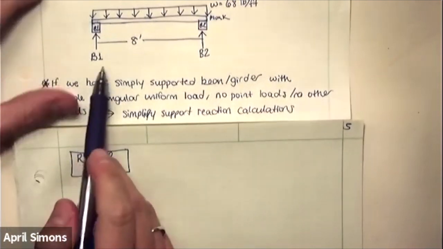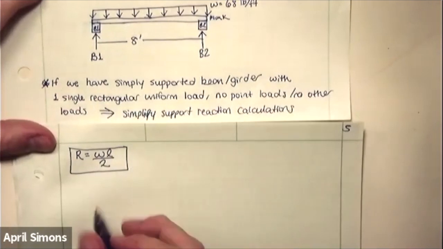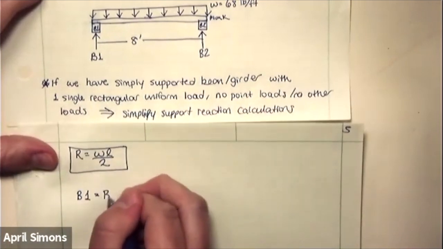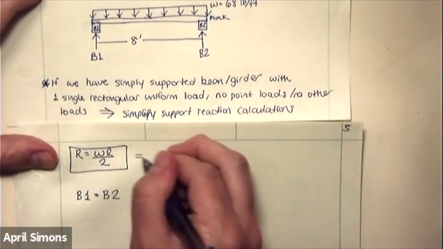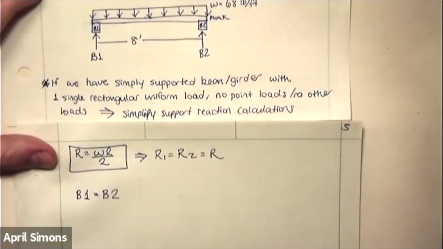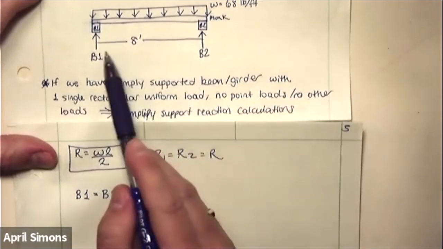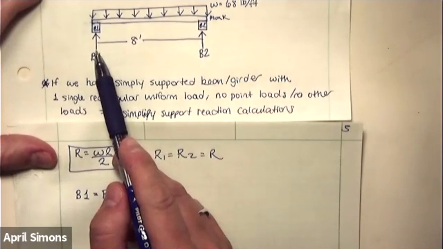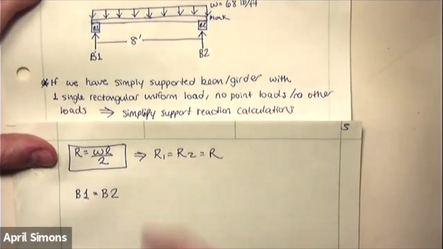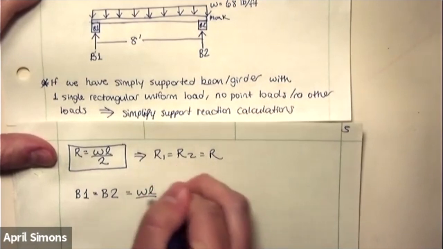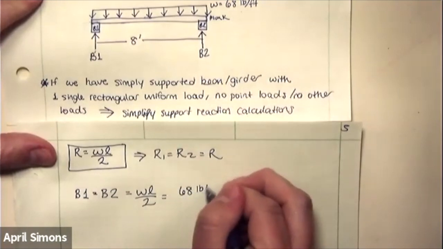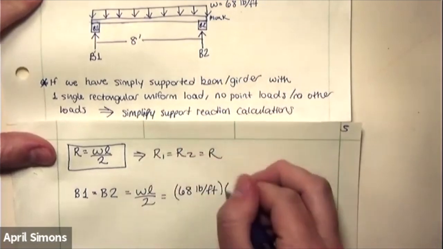So for this example, if we want to apply this, we've got our support reactions here, B1 is equal to B2. So in this case, we can make a note here, R1 is equal to R2, equals R. So if we have this criteria, then the support on the left side of the beam or girder will be equal to the support reaction on the right side. So B1 equals B2 equals WL over 2. Our W here that we calculated, 68 pounds per foot, times the length of beam, 8 feet,